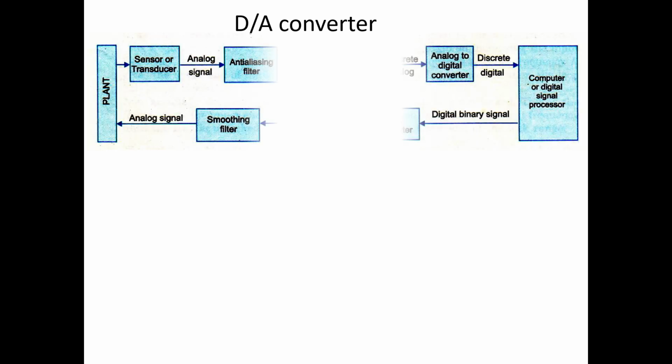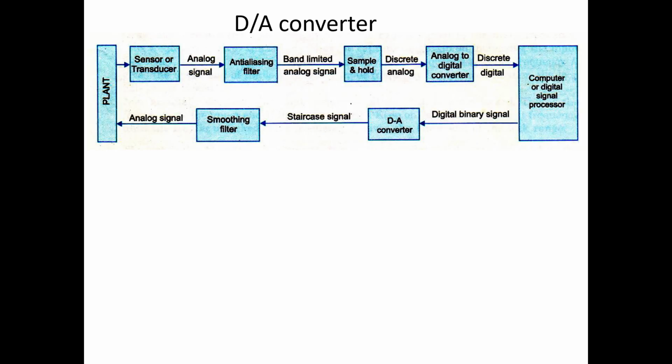Digital to analog converter, or D by A converter. So this is the basic block diagram of a system where a D to A converter as well as an A to D converter is employed. Here we have a plant. From the plant, through a sensor or transducer, we obtain the analog signal,